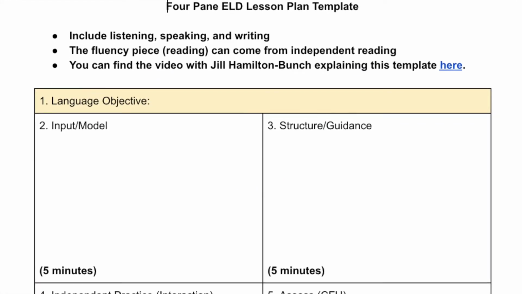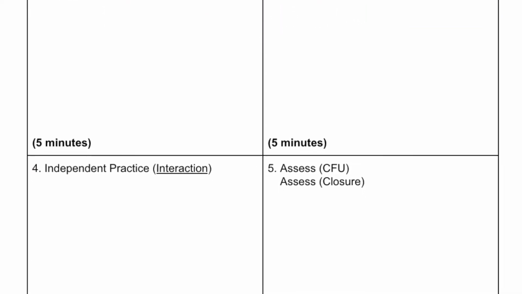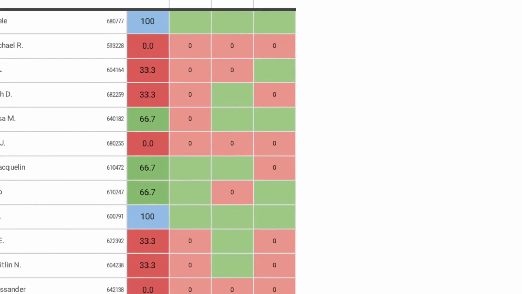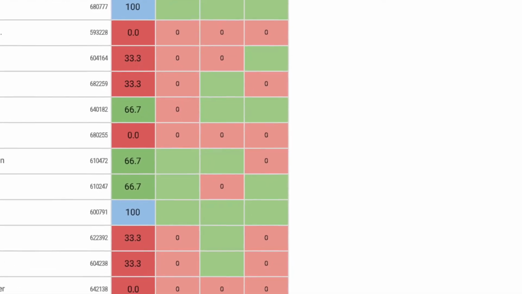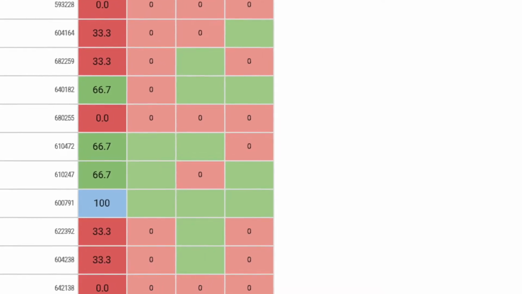An implementation can be any number of things. For one of our summer sessions, participants completed a 4-pane lesson plan template for a designated ELD lesson. For another summer session, participants took a screenshot of an exit ticket within Illuminate. There were also case studies, PE strategies, hyperdocs, and more.